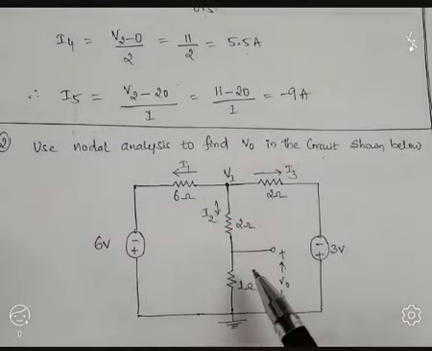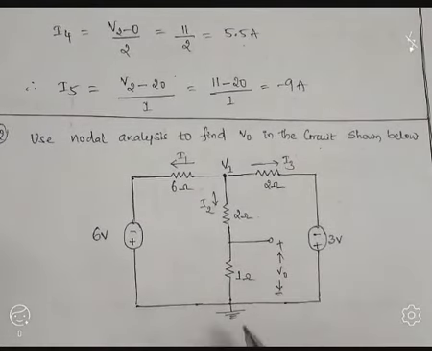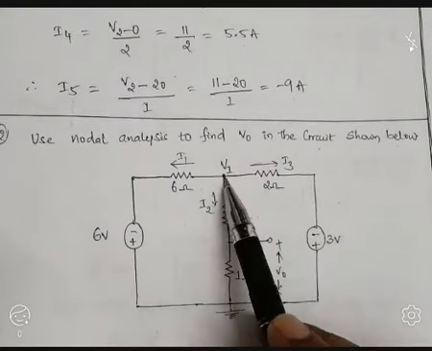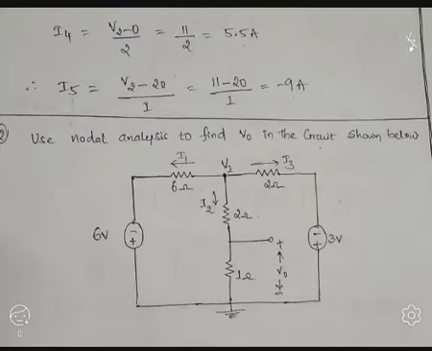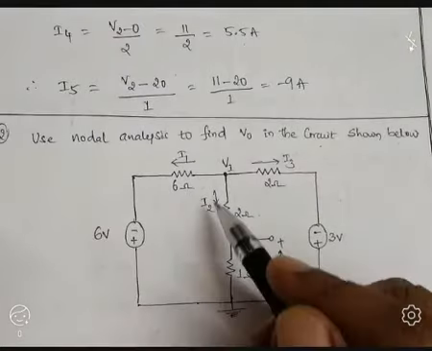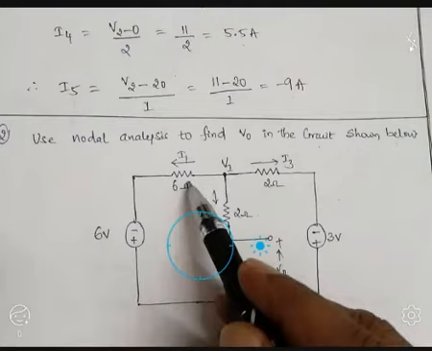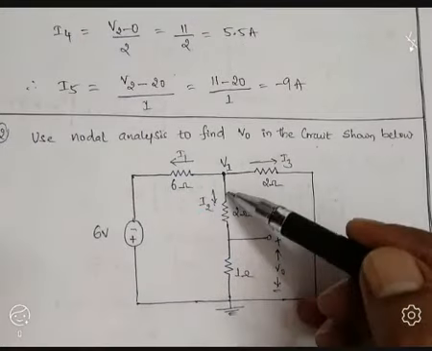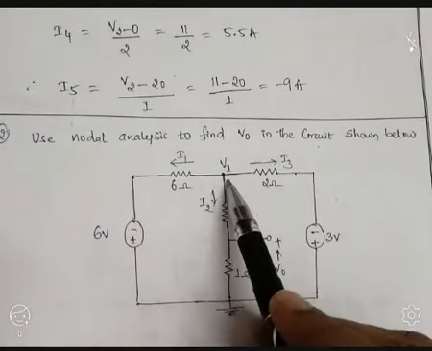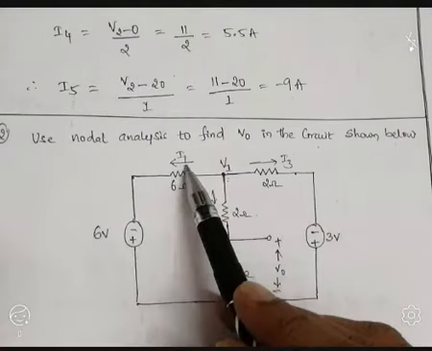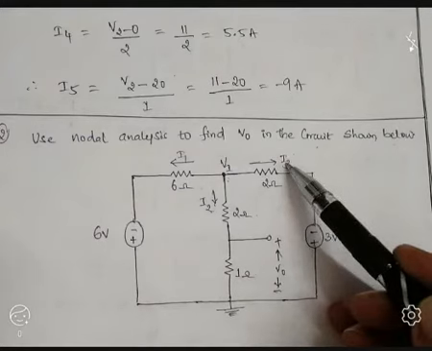See, in this example, first we need to identify the reference node, which is the ground. In this network, only one other node is there. So this acts as a reference node, and the other one is ground. Ground is nothing but 0. So apply the KCL at node V1. Before applying the KCL, I am going to represent the currents for this node. Current I1 is moving away. Current I2 is also moving away. Current I3 is also moving away. If you are applying the KCL at node V1, we have to write minus I1 minus I2 minus I3 is equal to 0.